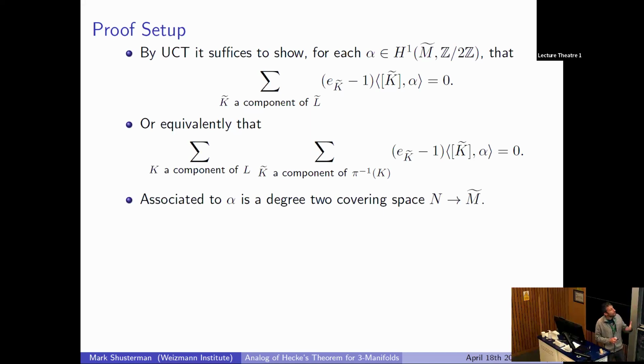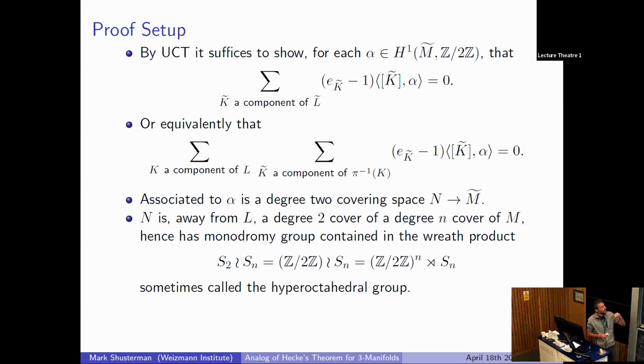And now, at this point, we have to diverge from the arithmetic proof, because there isn't such a nice local-global formula we can use, or at least I can't see how to do this. But we will try to do something more geometric that's in the spirit of topology. To alpha, because it's a cohomology class, we can associate a double cover, an honest cover, not branched anywhere.